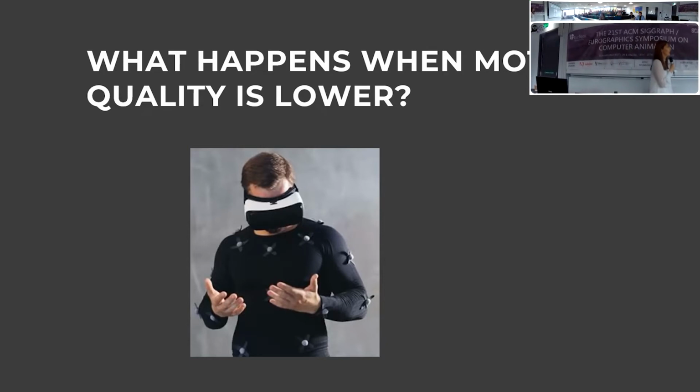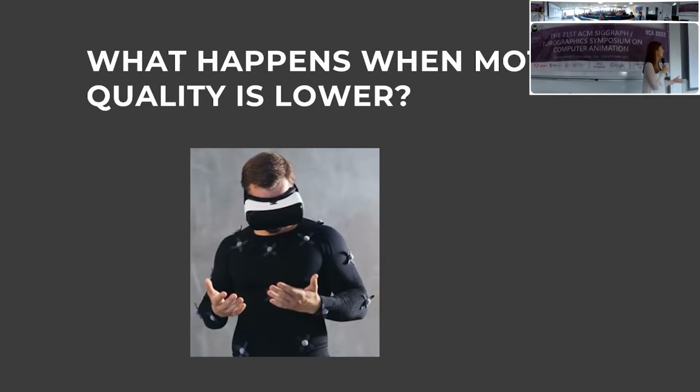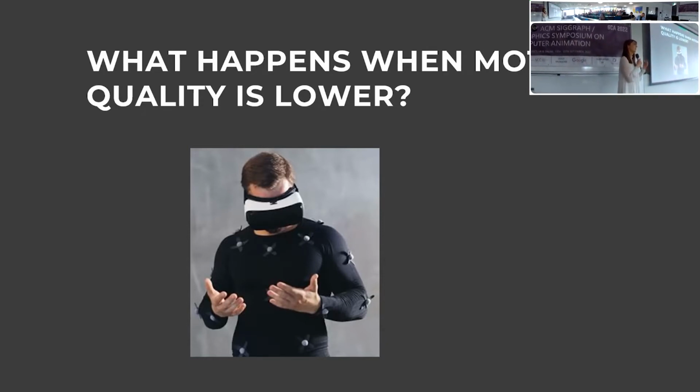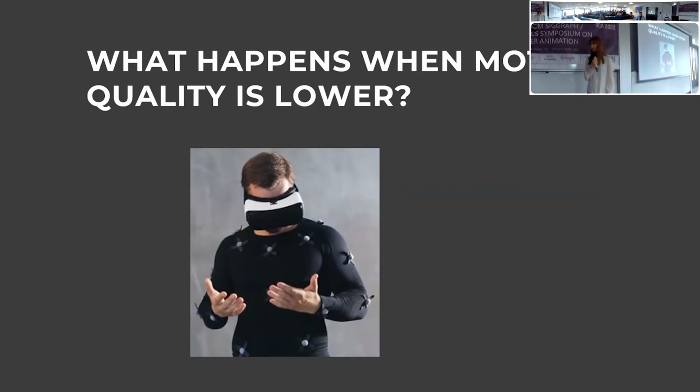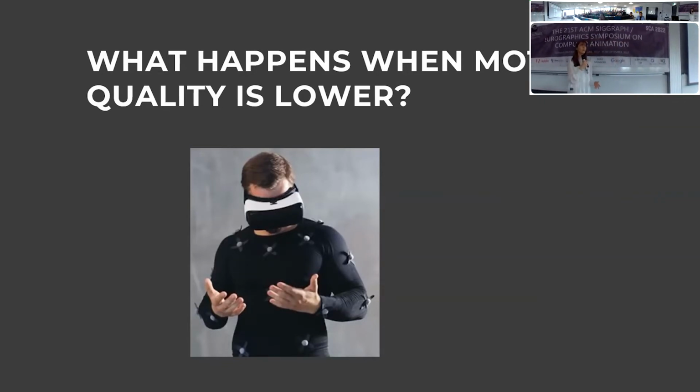One of them is, what happens if the motion quality is lower? Everything that we've been talking about up to now is assuming really high quality motion capture, captured from, you know, 50 points on the body with a Vicon motion capture system. But what happens when the motion quality is lower? For example, we did some of the VR